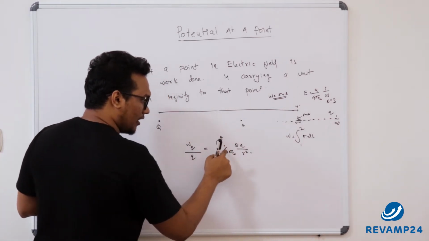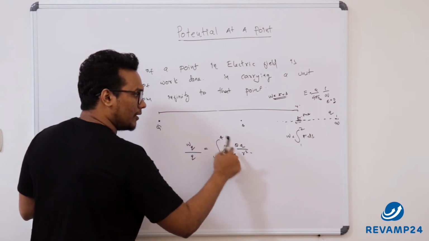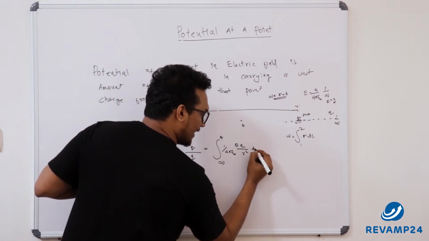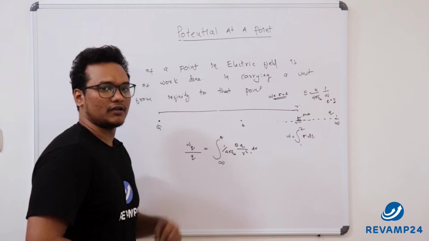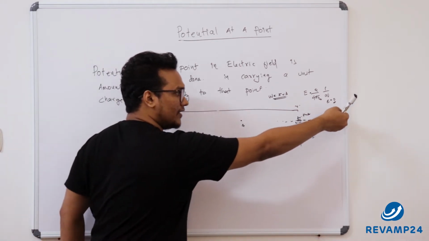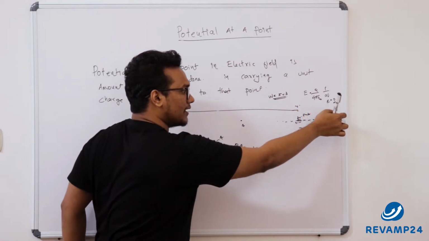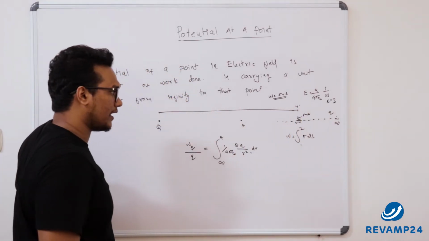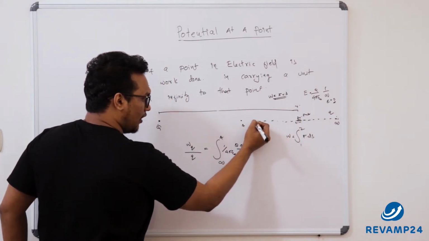So this is 1 by 4 pi epsilon 0 q divided by r square into dr. That is for a small displacement of dr, this value without integration. When we are integrating, we are adding up all the values from here till here. Okay, cool. Now